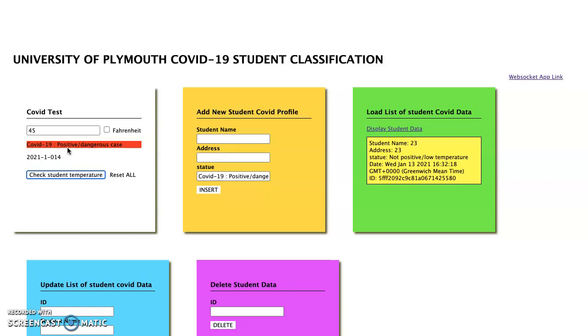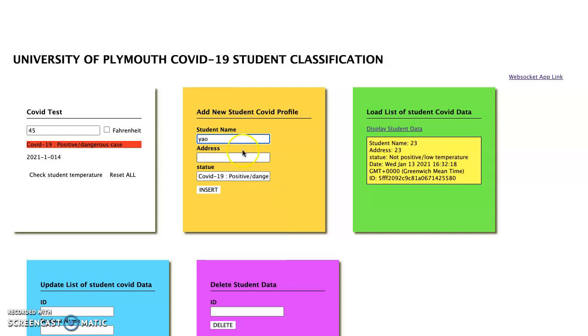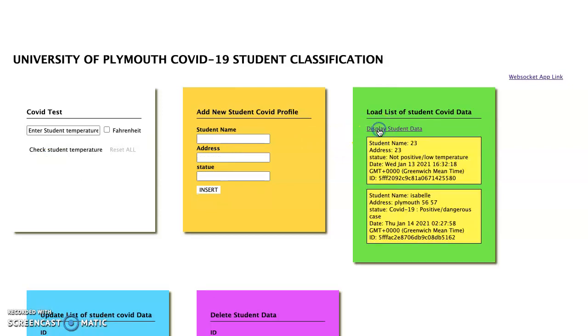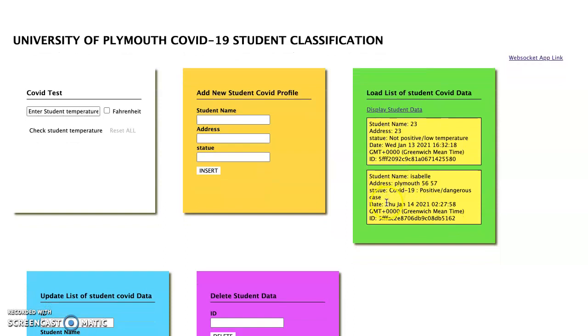Let's say a student has 45 degrees, which is bad. The test machine already says it is positive for the virus, dangerous case. So this student's name is Yao, or let's say Isabel. Yes, and his address is Plymouth 50, which I don't know. So I insert, and I will be able to display the data here. As you can see, Isabel, the address, the status, and the date, which is 2 a.m. and 27